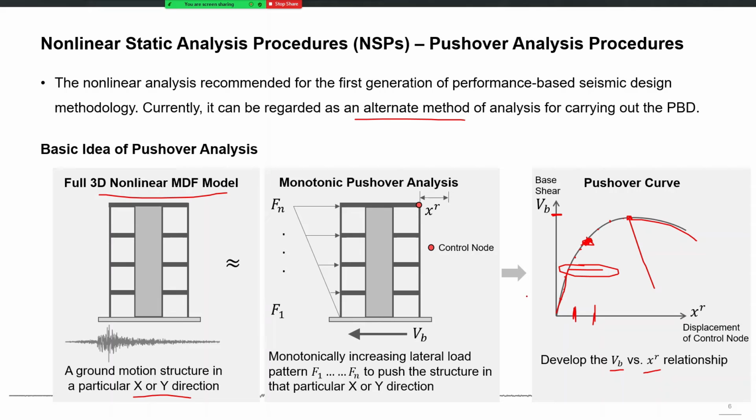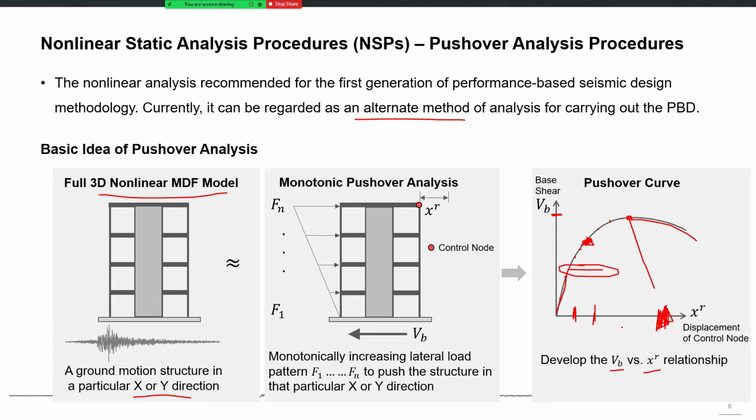So you can directly tell that if the future earthquake is giving me this much roof displacement here, it means that I will already be going down and my structure will already be collapsing at that certain roof displacement level. So this curve itself can give you a lot of information about the seismic behavior. But for determining seismic demands, this curve alone is not enough, because we don't know how much roof displacement your future earthquake is going to produce.